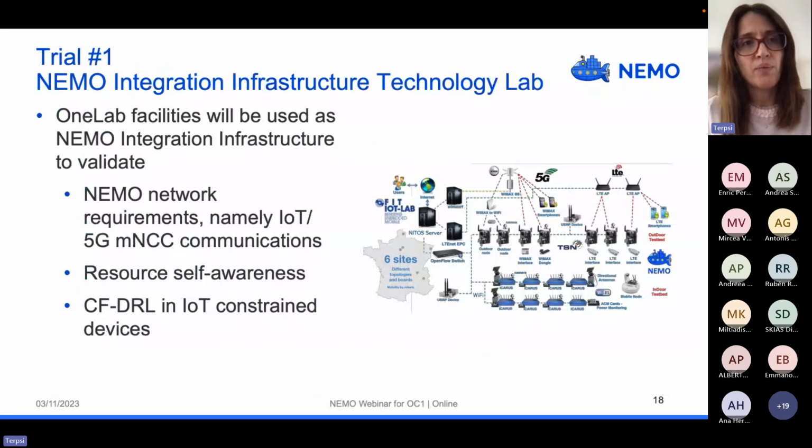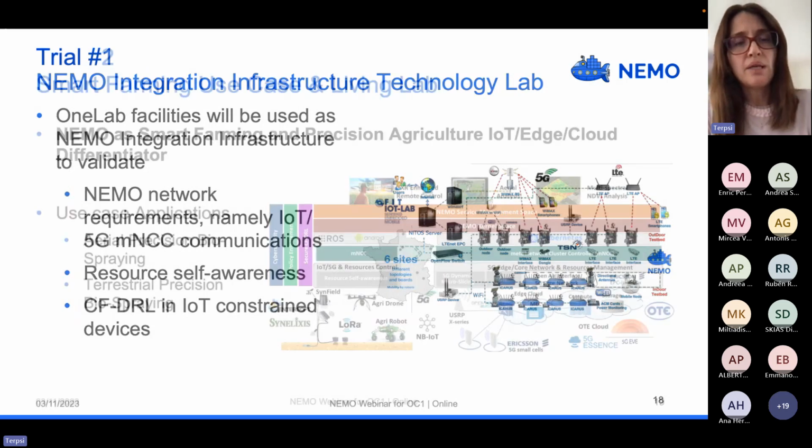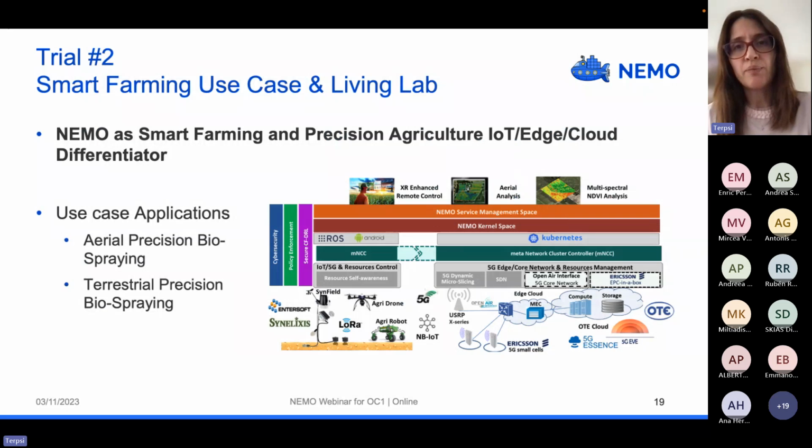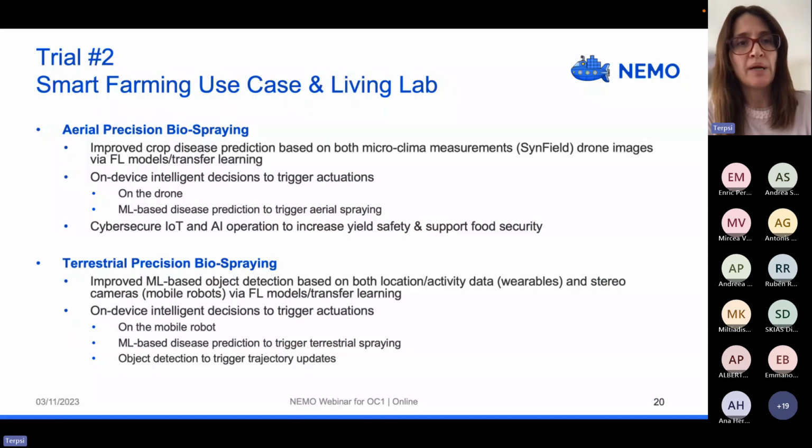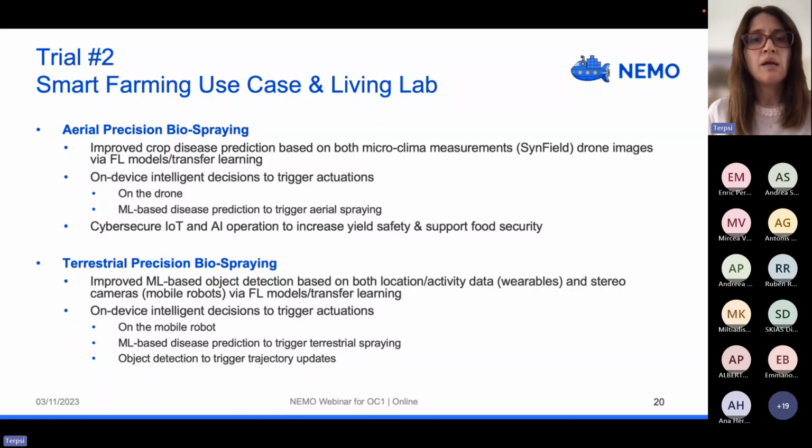The first trial refers to the One Lab facilities, which act as the integration infrastructure of the whole NEMO ecosystem. The second trial refers to smart farming. Here we are going to validate NEMO through 2 use cases. The first one is aerial precision biospraying, and the second one is terrestrial precision biospraying.